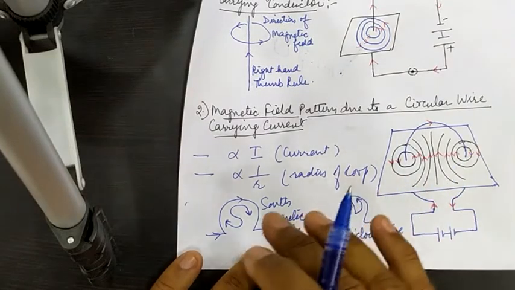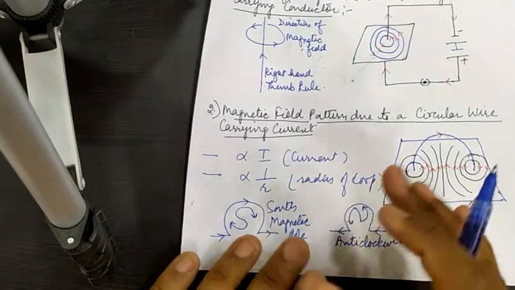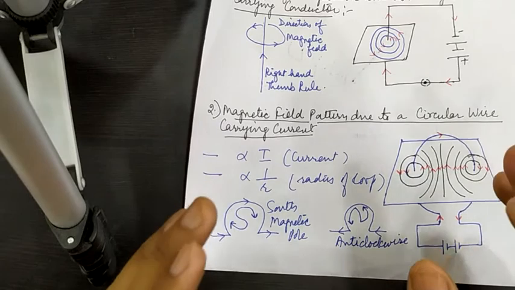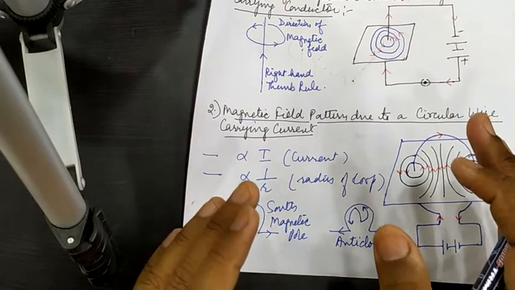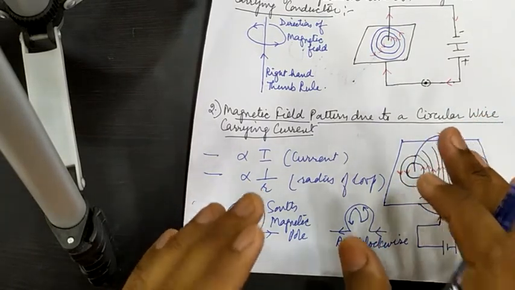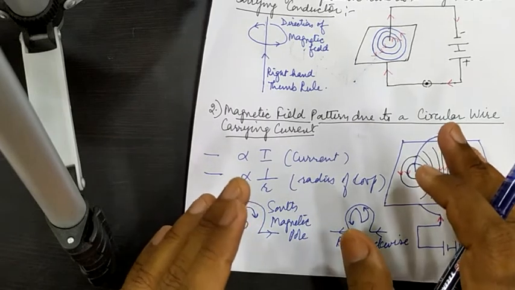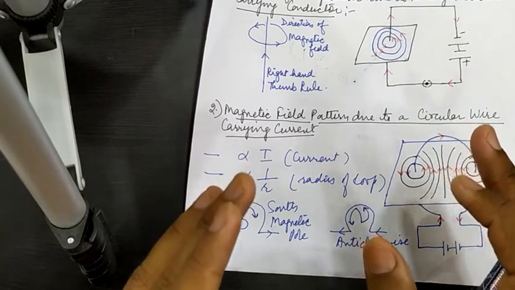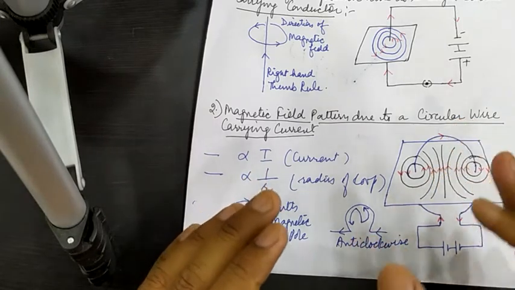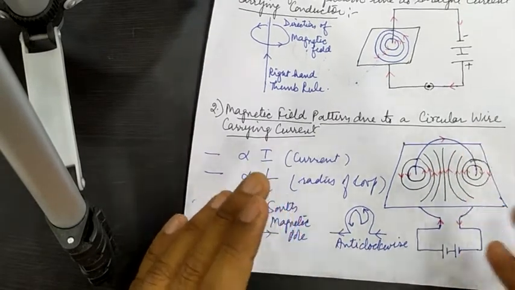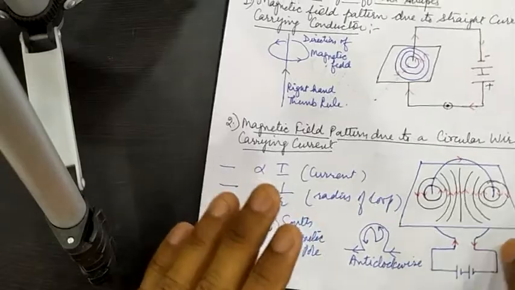So if current around the face of a circular wire flows in the clockwise direction, then you can say that the face will give you the south pole. And if the current around the face of the circular wire flows in the anti-clockwise direction, then the face will give you the north pole. A very, very simple concept. Now again,